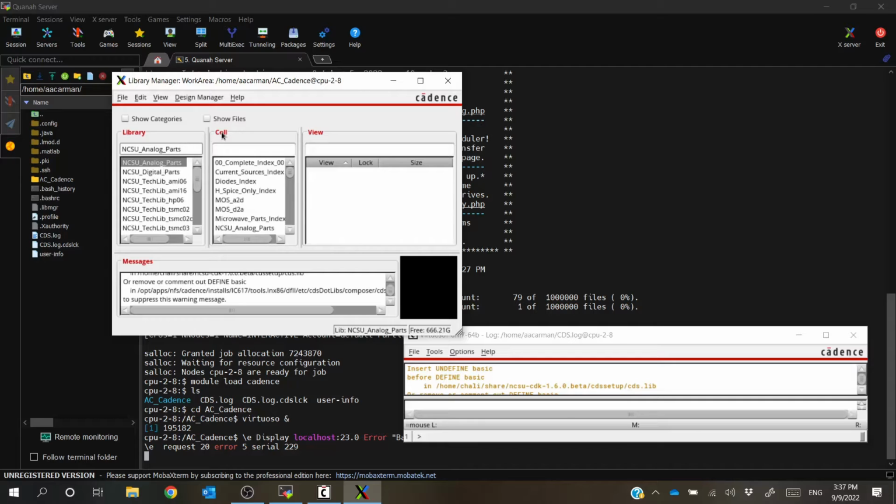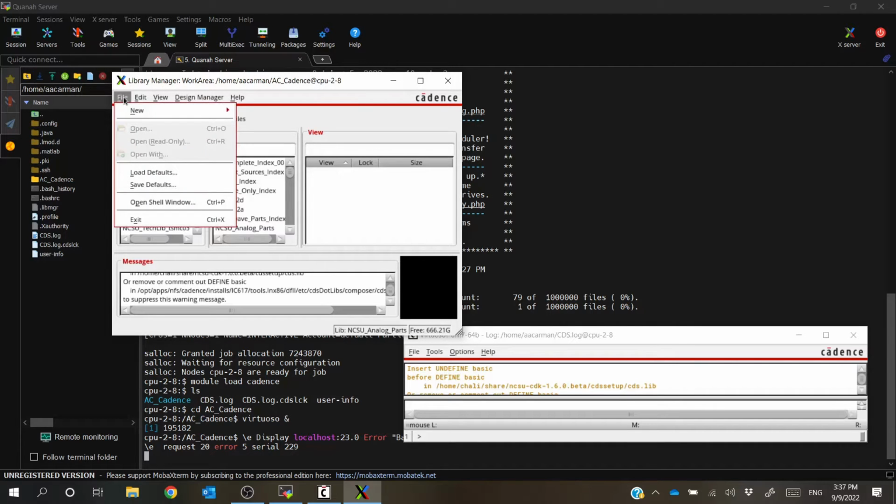Library is going to be the collection of cells, and cells could be anything from an op-amp, a digital analog converter, all sorts of things, okay? And then the view is going to be things like the symbol, the schematic, the layout, and things like that. So for this first project, what we're going to be doing is we're going to be making a new library. So the way that we make a new library is we hit File, New,